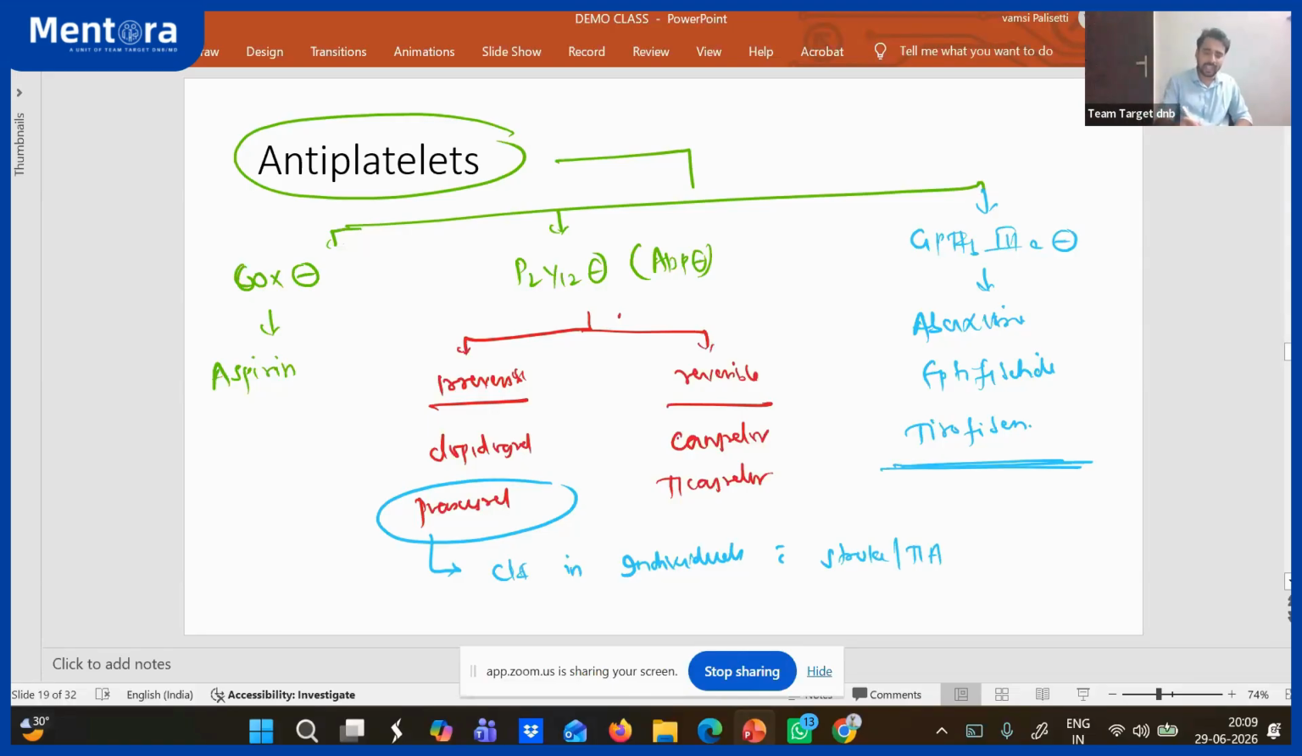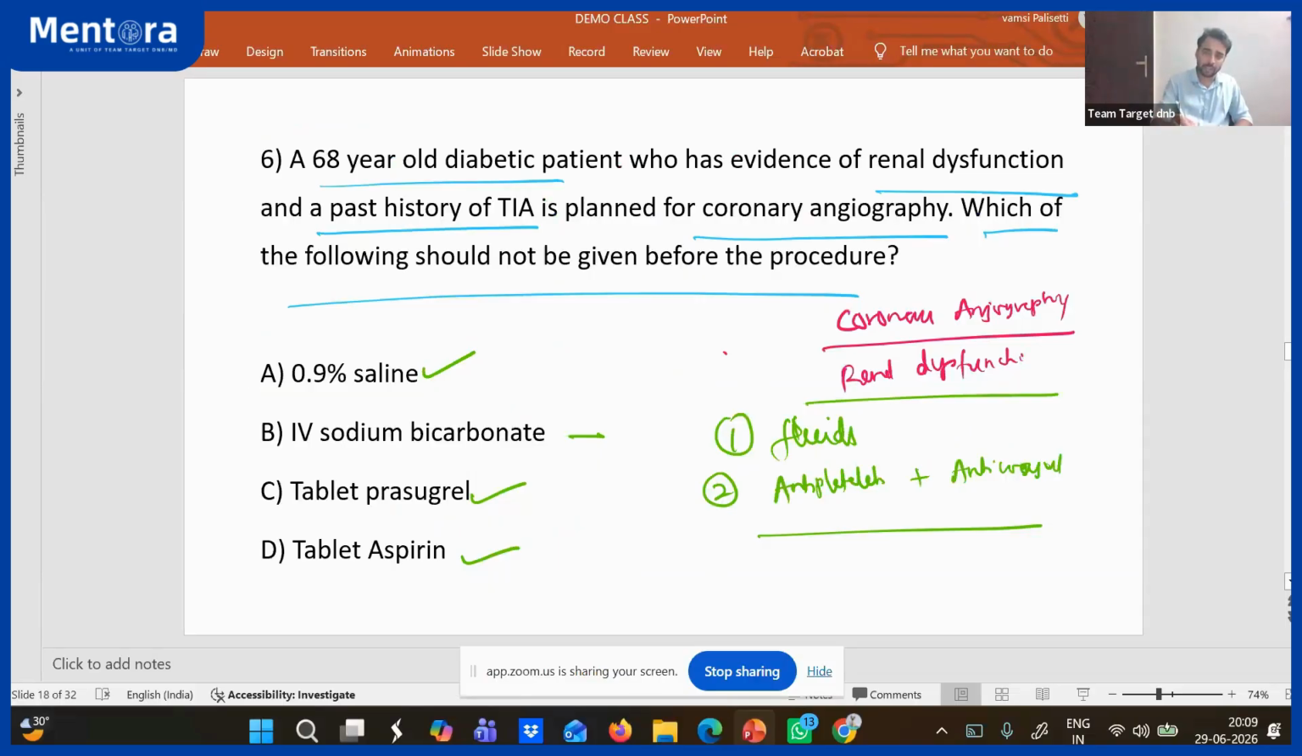So simply we say this: a diabetic patient with renal dysfunction wants to do coronary angiography. Yes, you will give fluids to prevent contrast-induced nephropathy. And sodium bicarbonate, some people will try to give, but there are not many studies. Aspirin, yes, you will give antiplatelets before coronary angiography, but prasugrel you should not give here because the patient